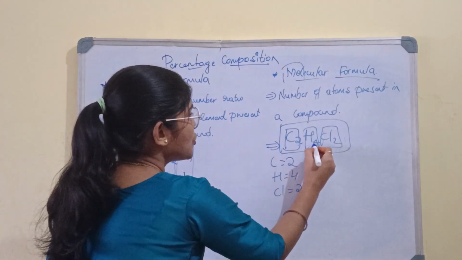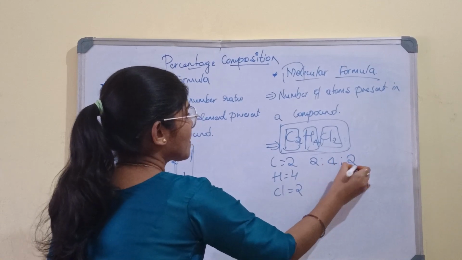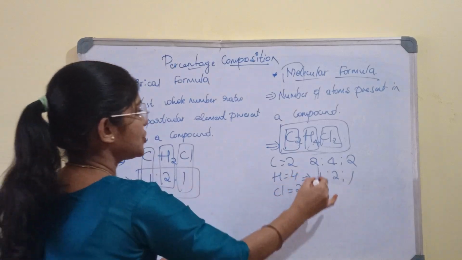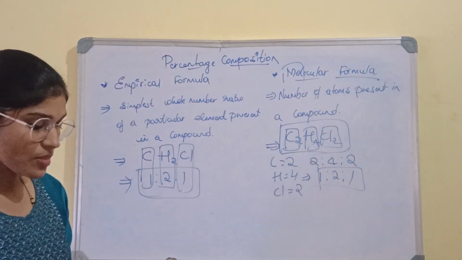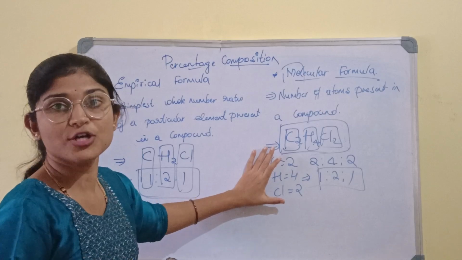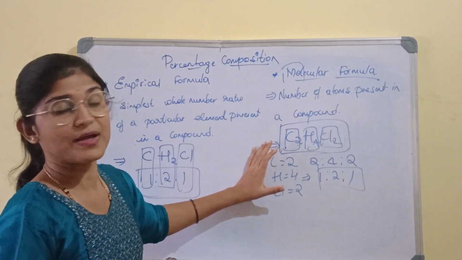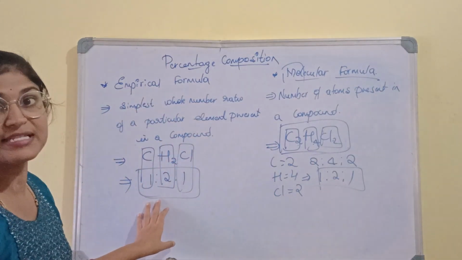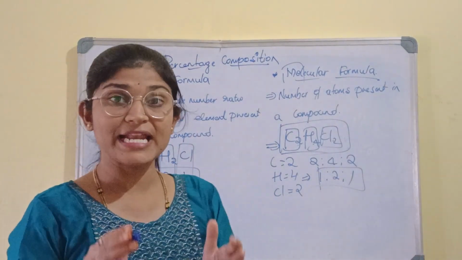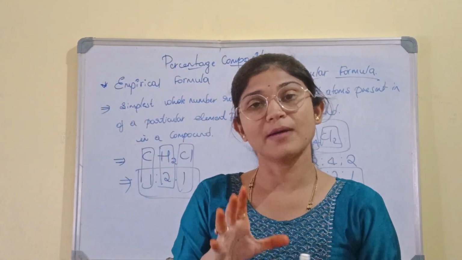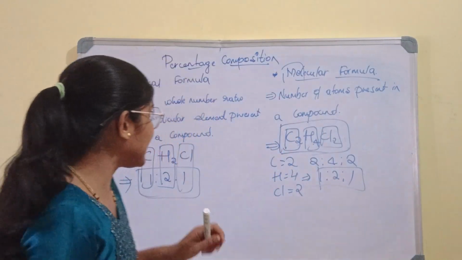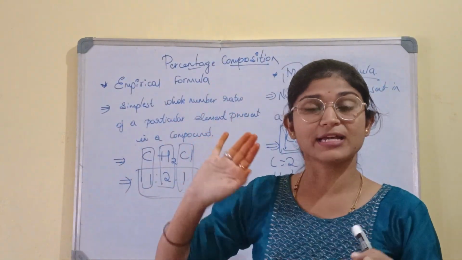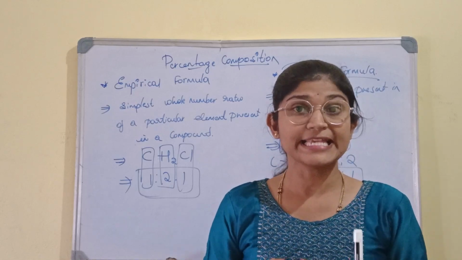By using molecular formula we can also find the ratio. For example, 2:4:2, common factor 2, gives 1:2:1. In molecular formula we can find both the ratio as well as the number of particular atoms present in a compound. In empirical formula we can find the whole number ratio of a particular element present in a molecule. So next let us learn molecular and empirical formula in detail by taking some examples.